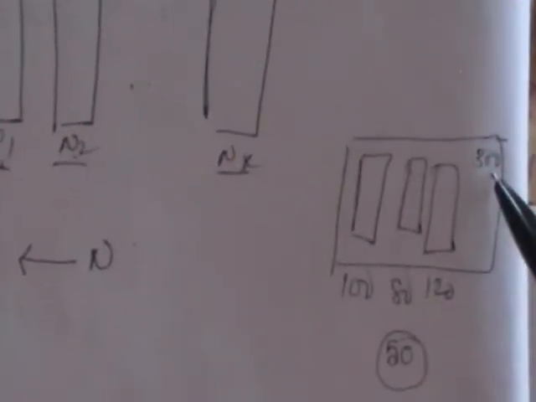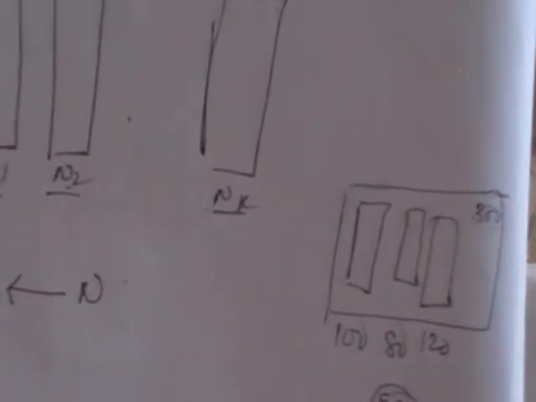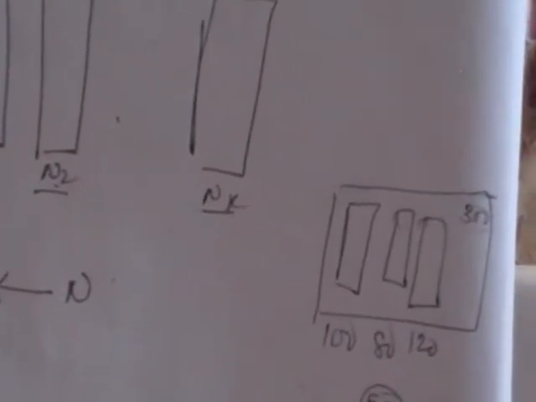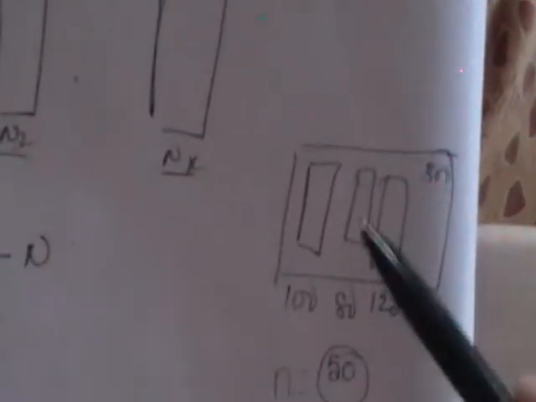Now how many samples are you going to choose from each stratum so as to get the final sample size? You have a population of size 300, divided into three strata of sizes 100, 80 and 120. Now you want to draw a sample of size 50 from 300 units. How many units are you going to select from each stratum? This is called allocation of the sample size. How many samples you are allocating for choosing from each stratum is called allocation of sample size.